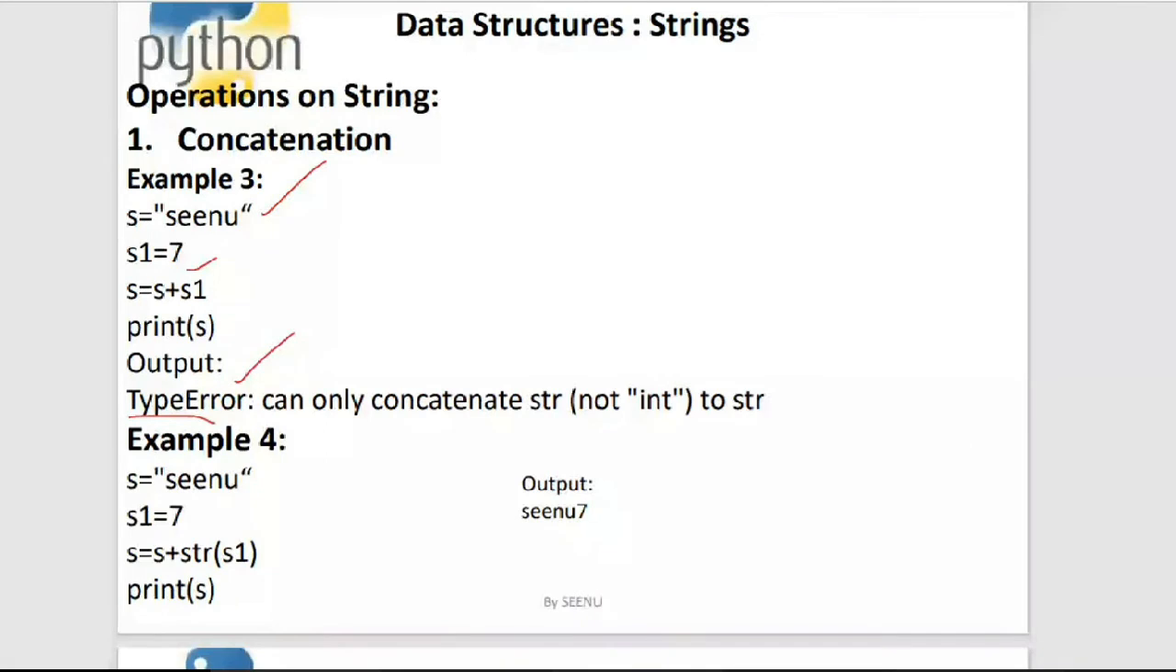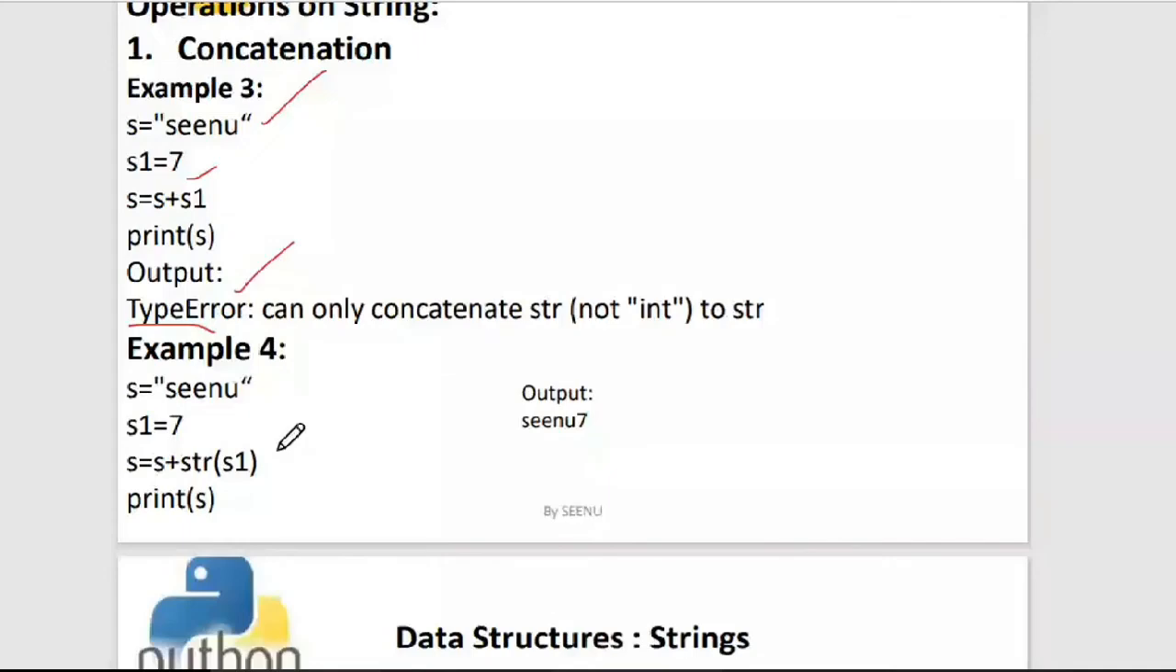Okay, the next thing is, in case the situation is like this, you can explicitly typecast and concatenate. That is possible. So what I did, I have taken 7 as an integer, but later on by using the str function, I have converted s1 to a string and then I have concatenated. Then there is no issue over here. So I'll be getting Sinu 7. Okay, so the next example is where